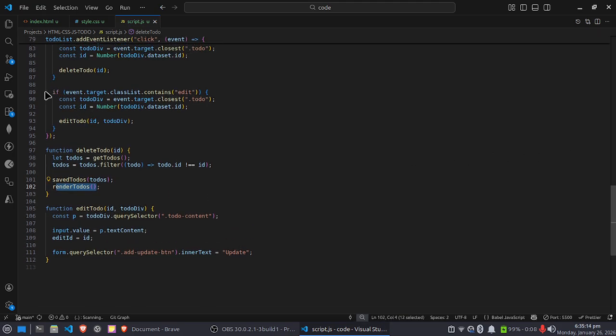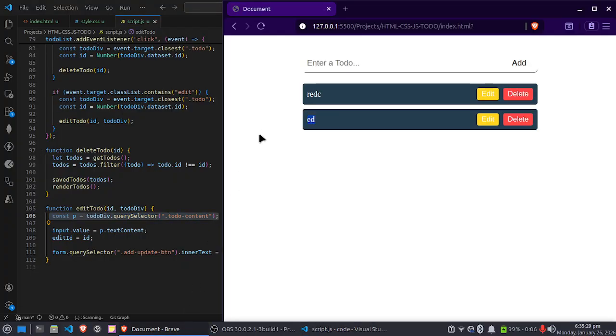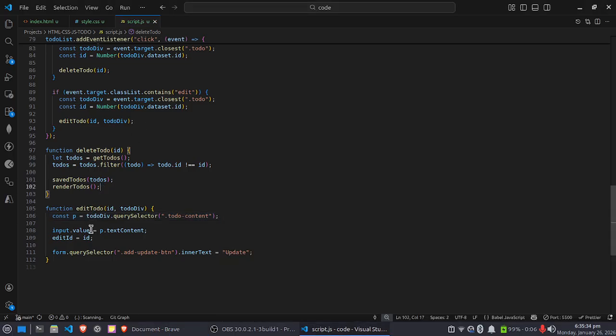While the edit button is clicked, I likewise get the to-do and ID and call the edit to-do function. It takes the ID value and a to-do div, and first I retrieve the value of the paragraph tag, meaning this one, and set the edit ID to the Date.now value,